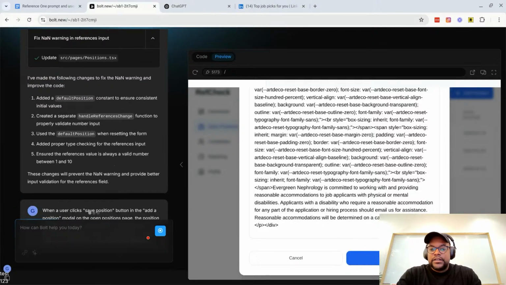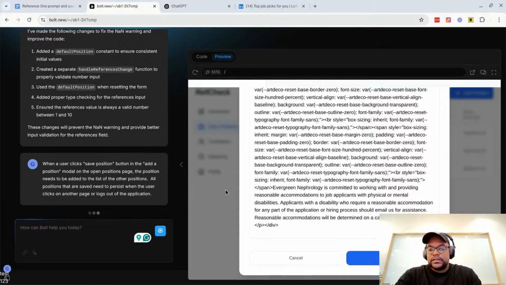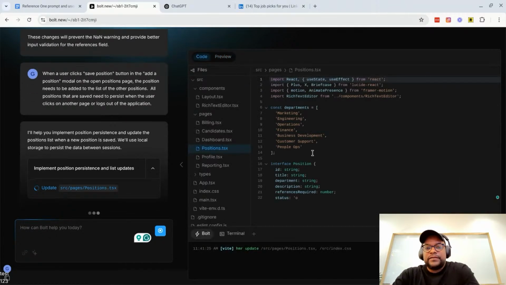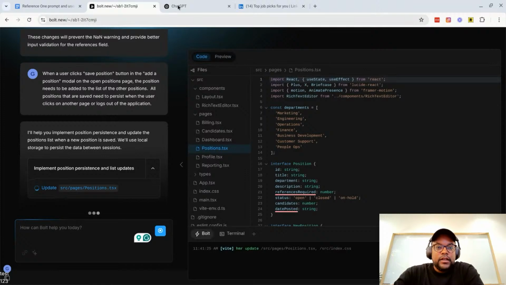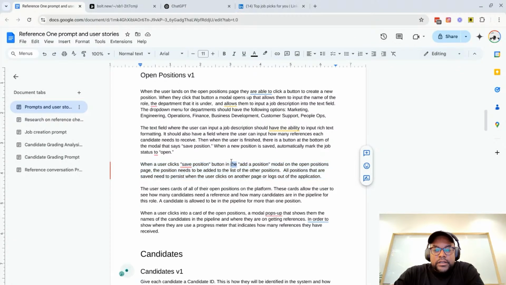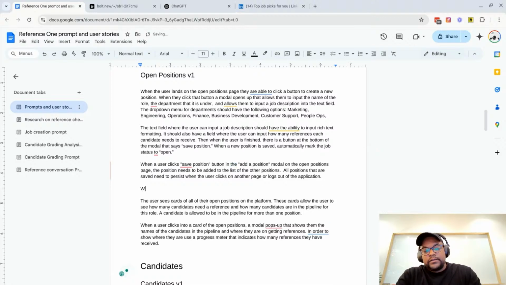So we're going to change that too. I don't know what that is. I don't need that right now. All right, so essentially this one, and then we probably just, again, need to write a copy pasting. When user copies, pastes a description into the